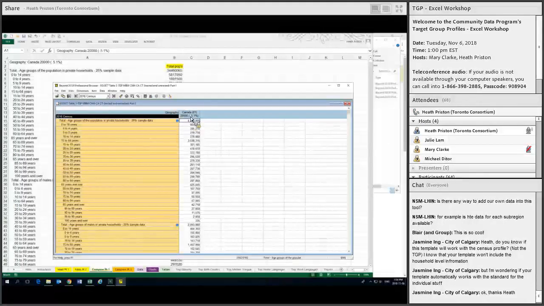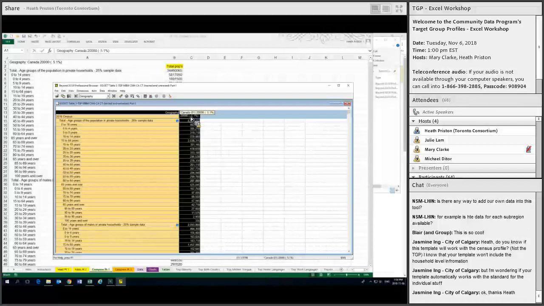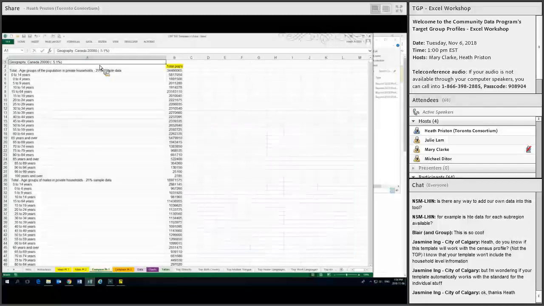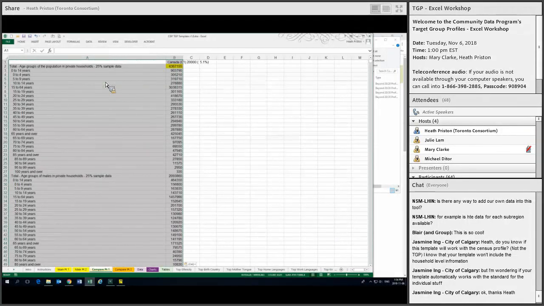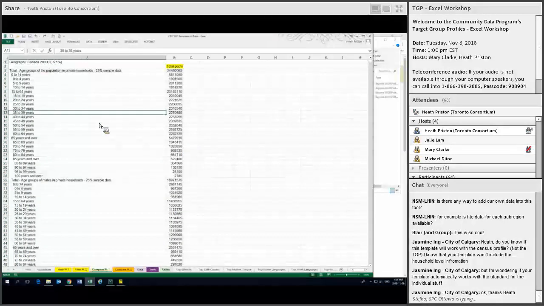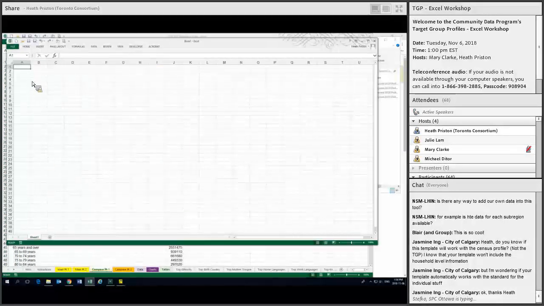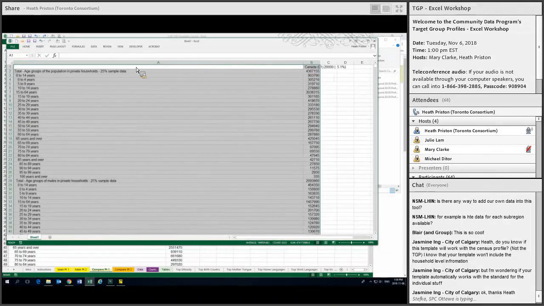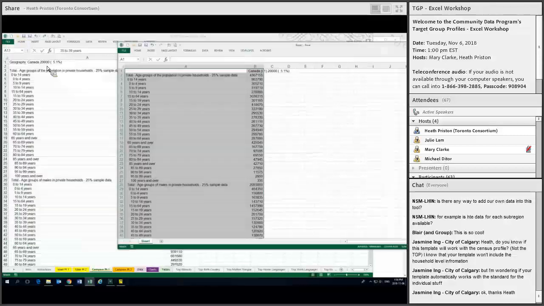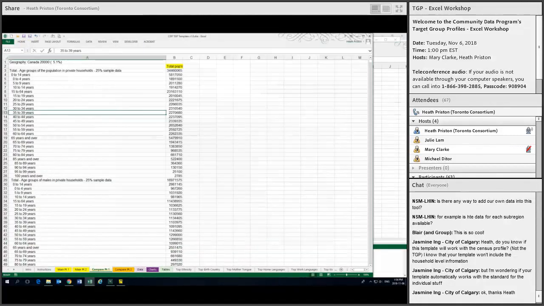Well, I want to organize this so that it's basically in the same kind of structure as we've got it in the template. So first of all, I want to select my country. I'm going to use the Canada data. I'm going to select Show. So now I've just got Canada isolated. It's going to be a little clearer for me to work with. And I can just flip that, and you can see now here I've got it all set up just the same. I'm going to copy this,